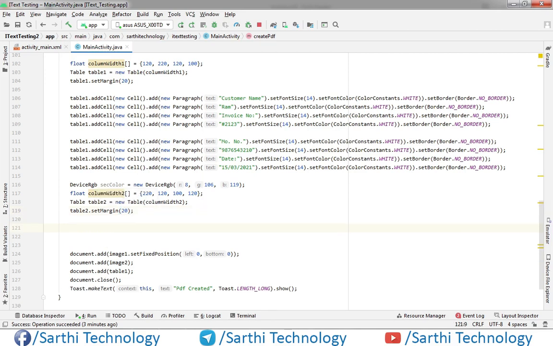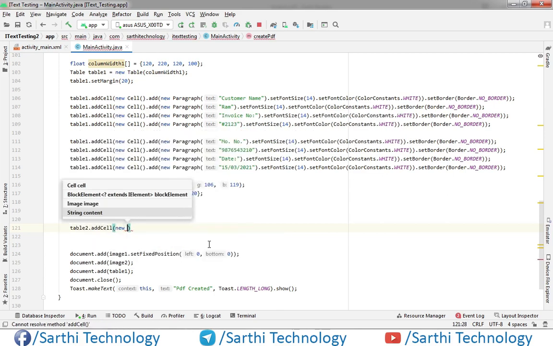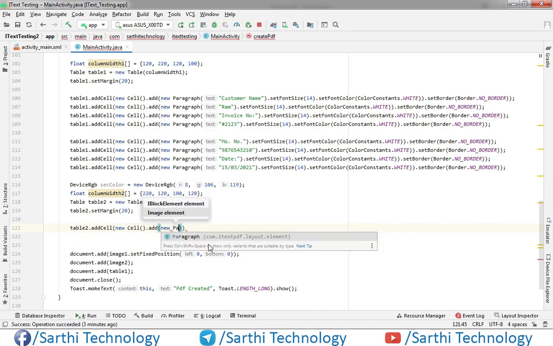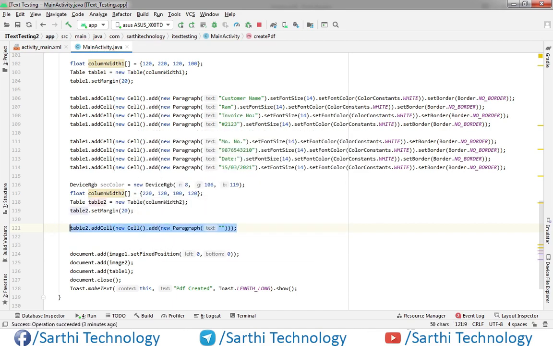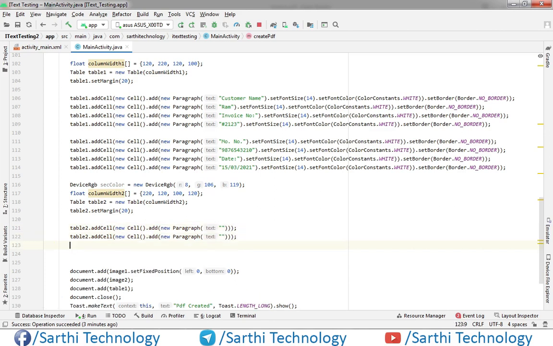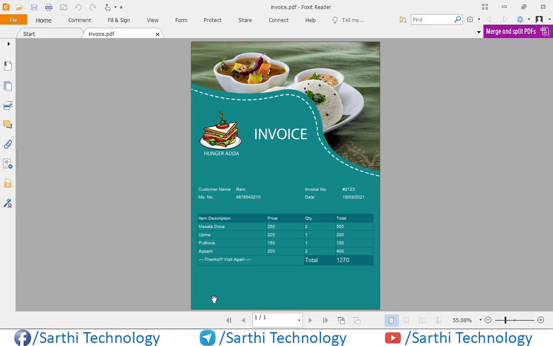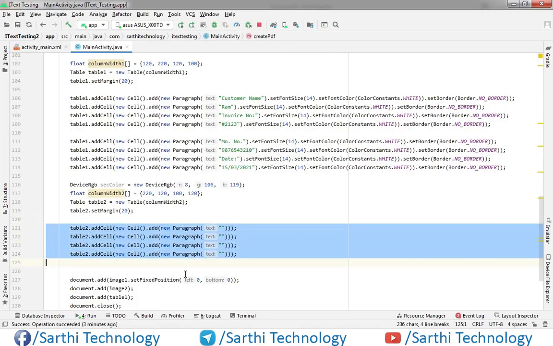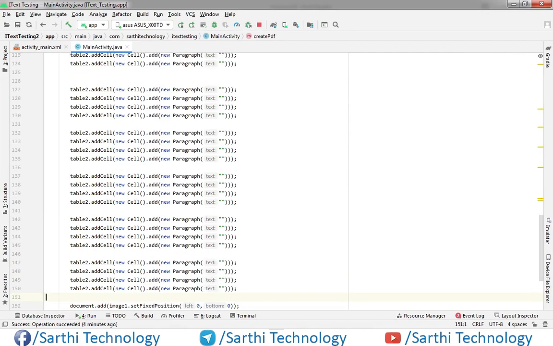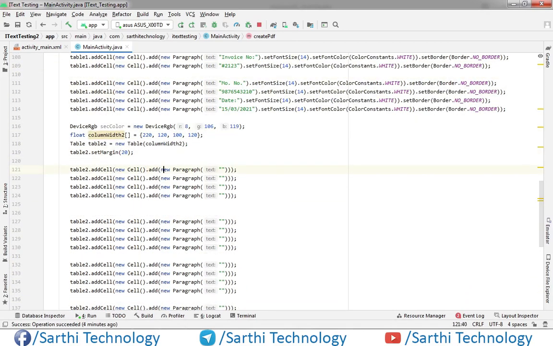Now we will create cells, so here we have 4 columns, so this is second, third and fourth. And here 1, 2, 3, 4, 5, 6. Now add the values.